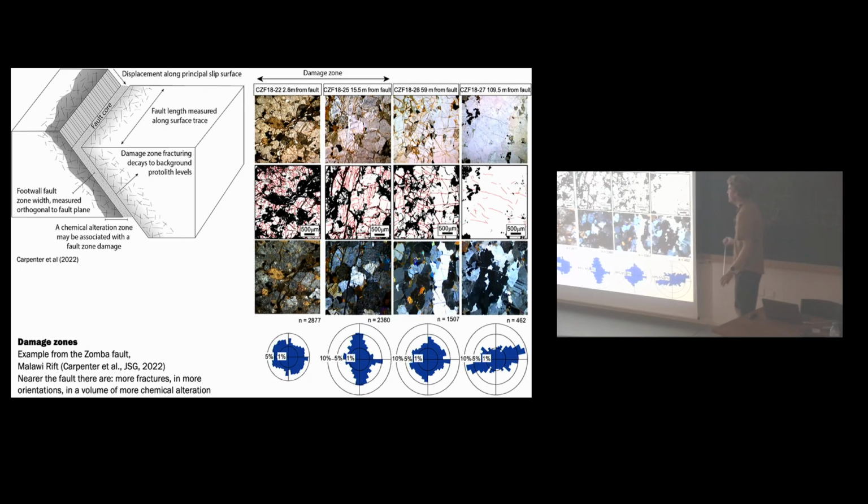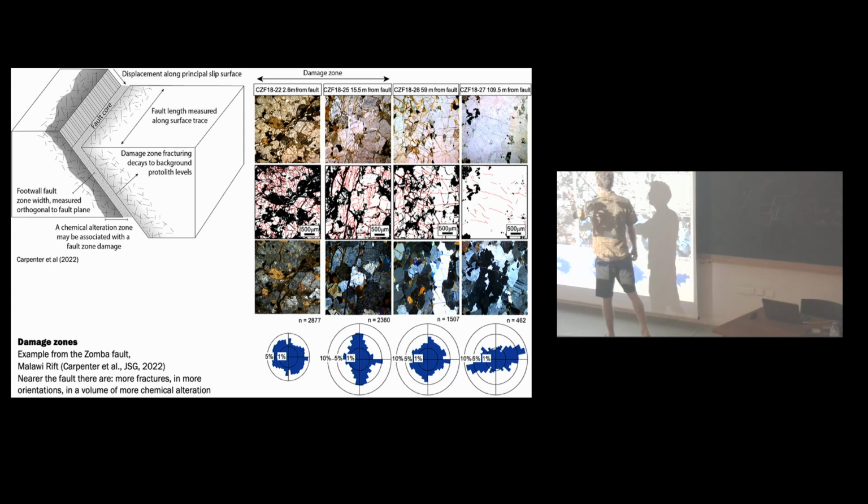We've talked about damage zones without really thinking too much about what they look like and what they do and how they're measured. So when you see measurements of damage zone width, there's often a lot that goes into that, but it's basically the width where the fracture intensity is greater than the background. This is out of Manon Carpenter's master's,